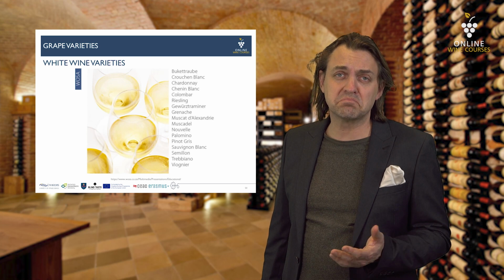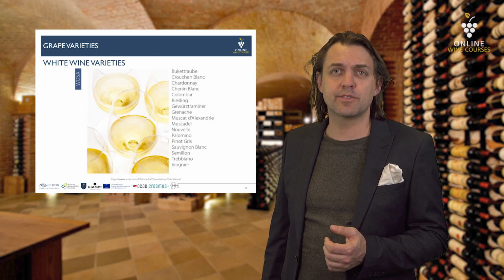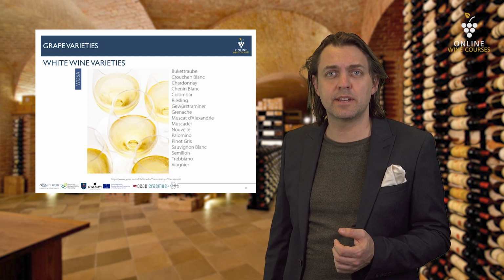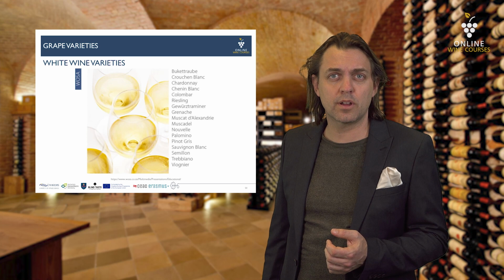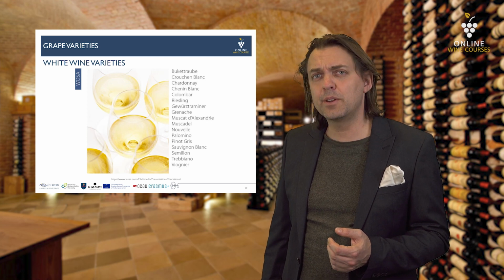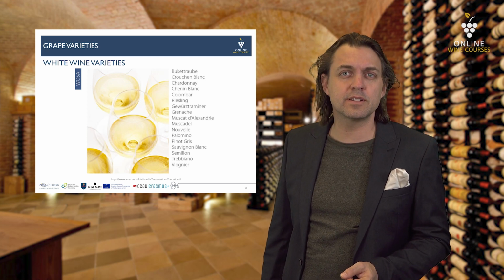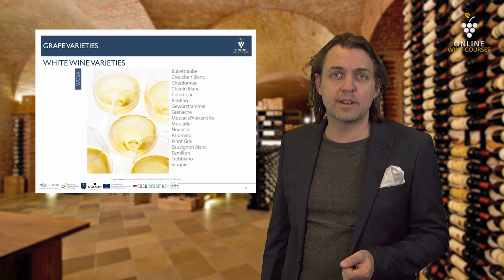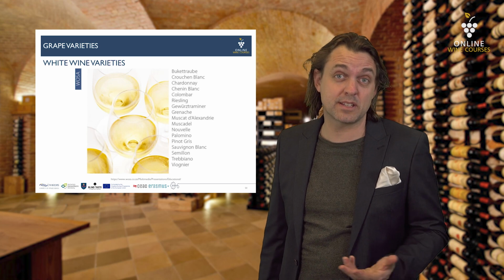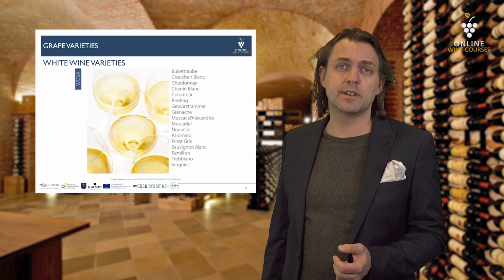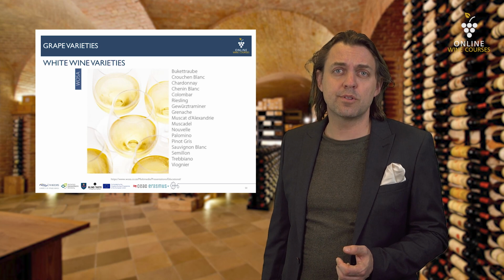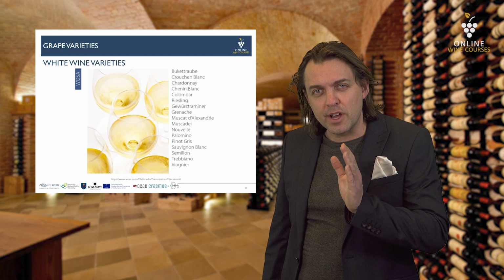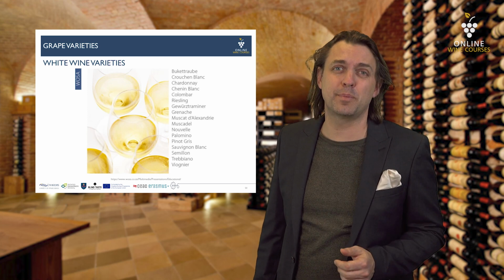The whites as well, no surprise, very much a Francophile style here. I think the ones that really stand out are Chardonnay and Chenin Blanc, Colombard and Riesling. But then you've also got more niche varieties like Gewürztraminer, Grenache Blanc, and then if we go down, Palomino, which we think about with sherry, but makes a very nice light dry white wine as well. Pinot Gris, Sauvignon Blanc, Semillon, and interestingly enough, dry Sauvignon Blanc and Semillon is quite popular